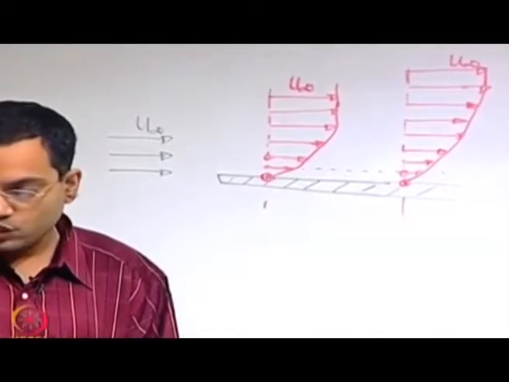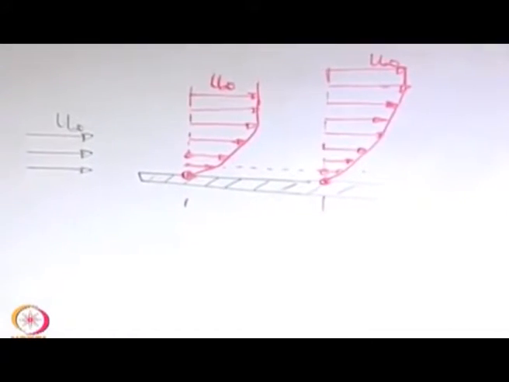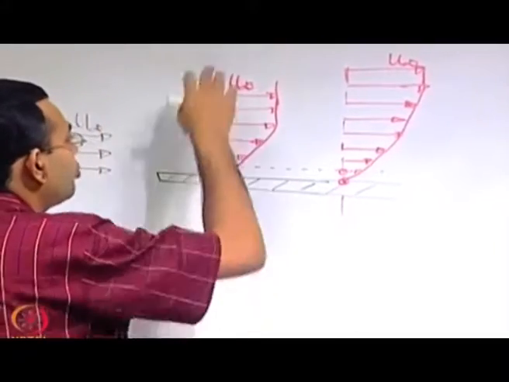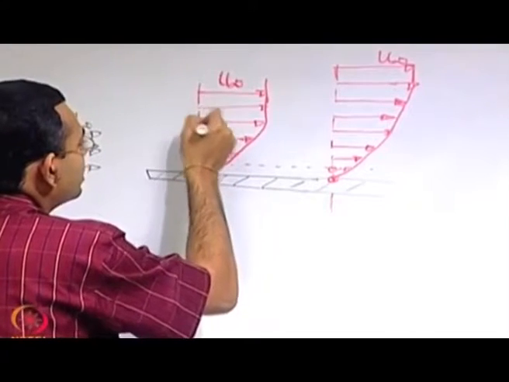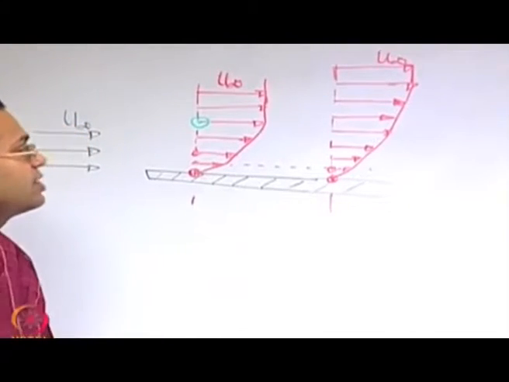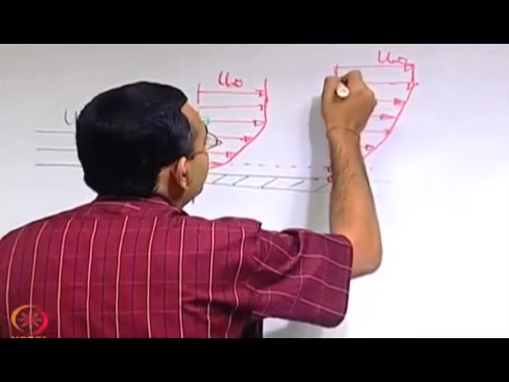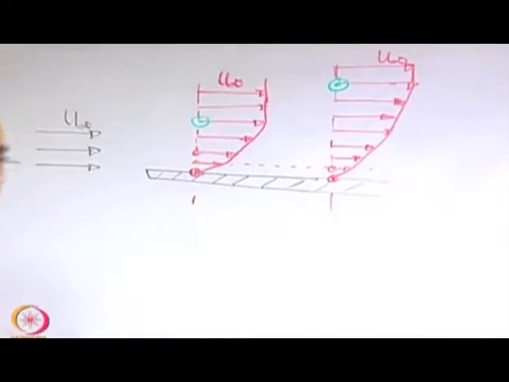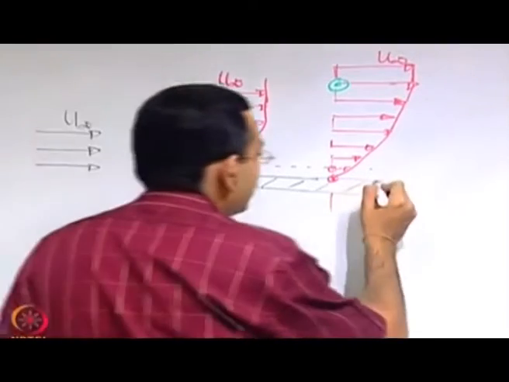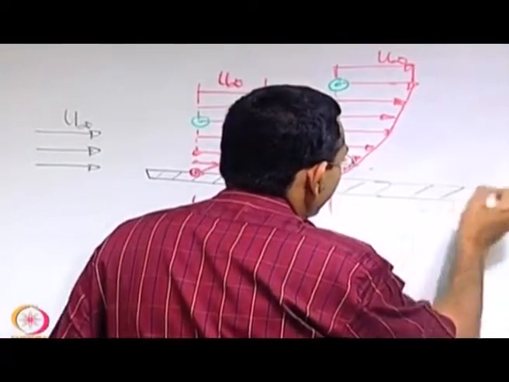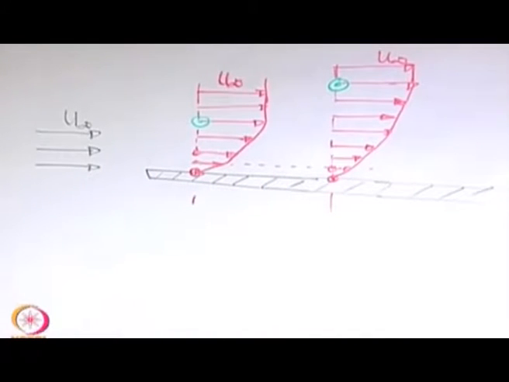So, if we demarcate these two, one way of demarcating is to find out to what distance this velocity profile exists. Let us say that to this distance the velocity profile exists for this section, and for the next section maybe to this distance the velocity profile exists, that means a gradient in the velocity profile exists. So, in this way the plate may be as large as you want along the axial direction, but these two representative sections are good enough to have a sort of a physical picture.